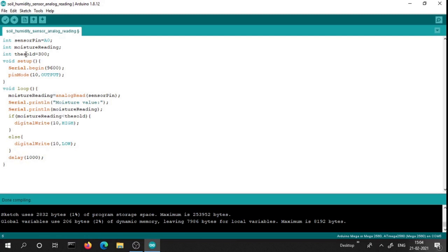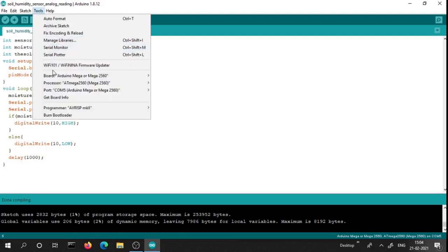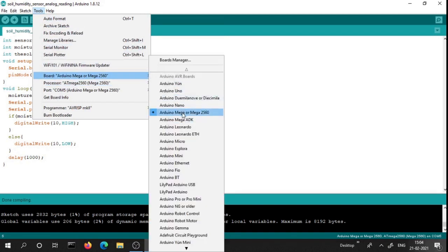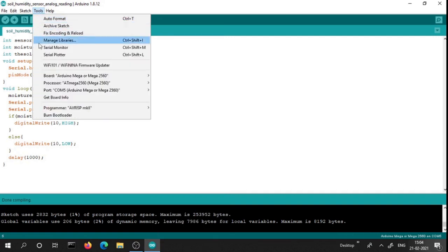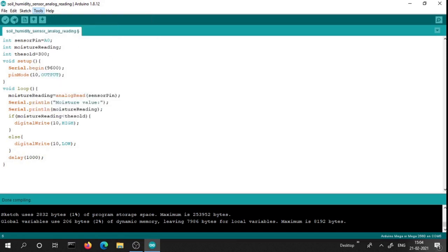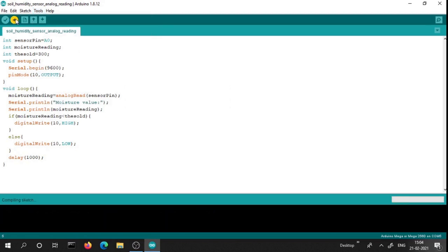As I am using Arduino Mega, I upload it to the Arduino Mega. We have also set COM5 for uploading the program as it is connected with the Arduino Mega.